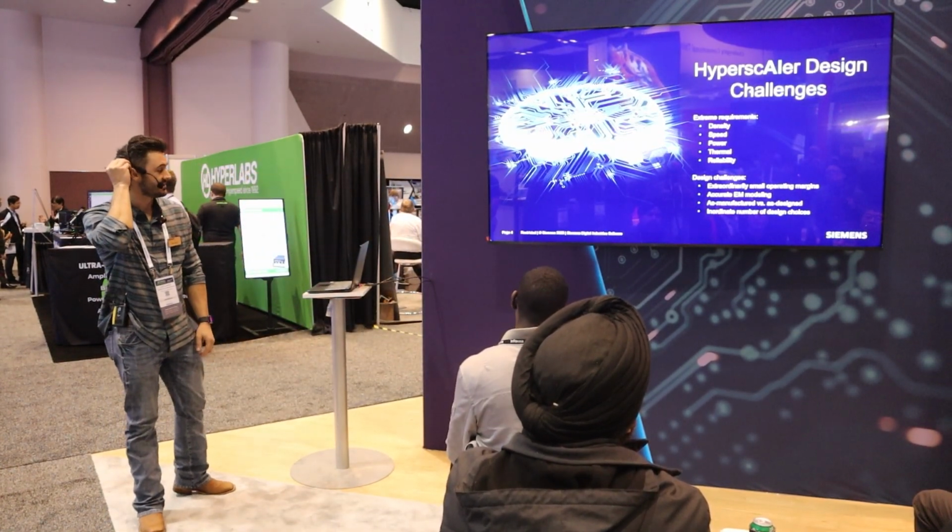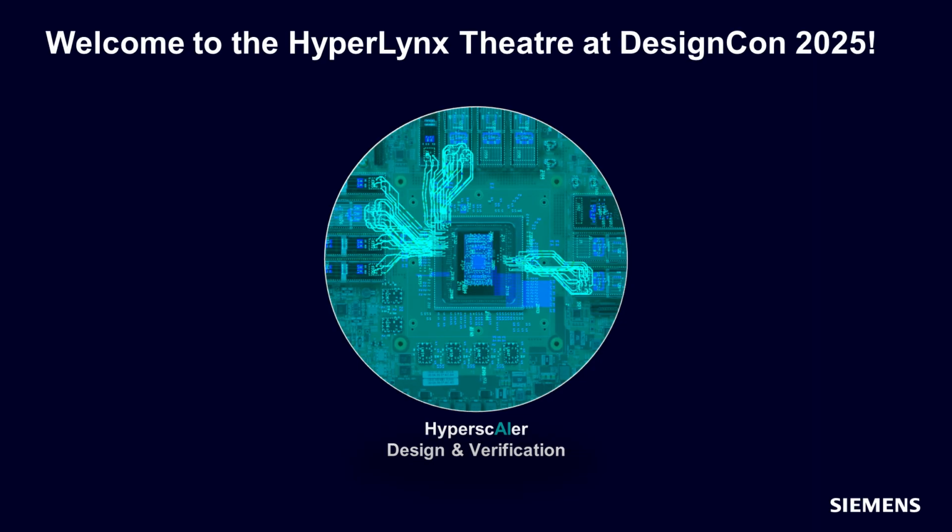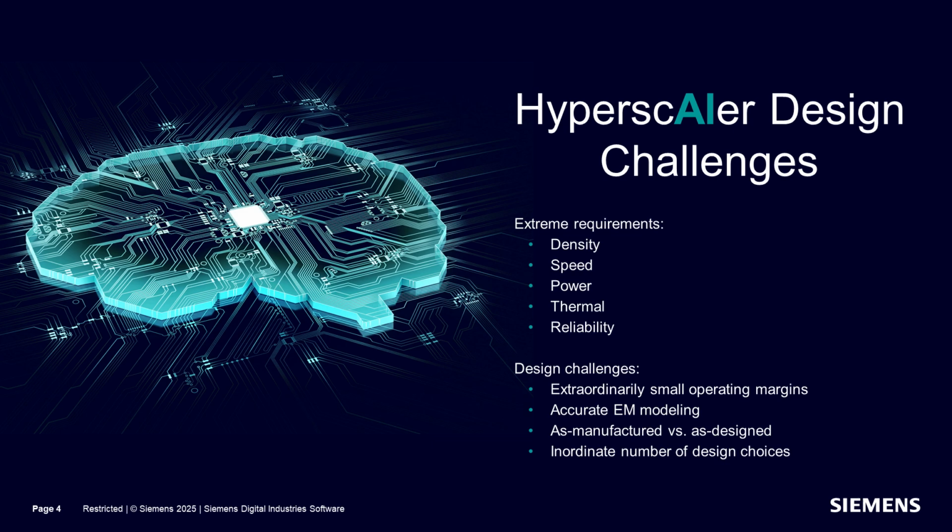These hyperscaler designs push our computing requirements to the extreme with our component and routing density, signal speed, power utilization, thermal dissipation, as well as high reliability requirements. For systems designers, these designs operate with extremely small voltage and timing margins, which means that we must accurately model critical structures with full wave electromagnetic solvers. And it's equally important that these simulations and structures represent the board as it will be actually manufactured rather than just as we intend it and just as we thought we were designing it.